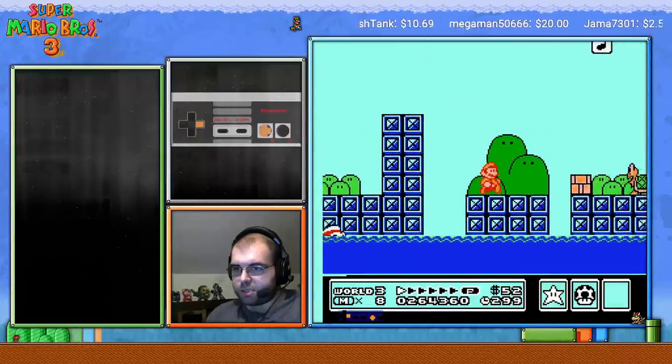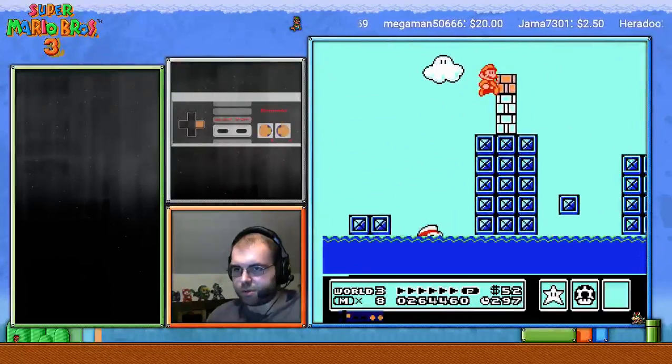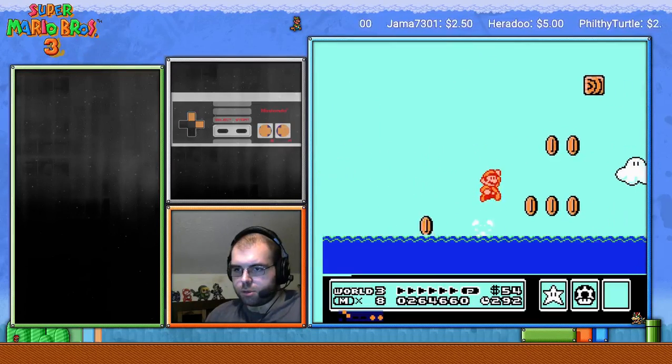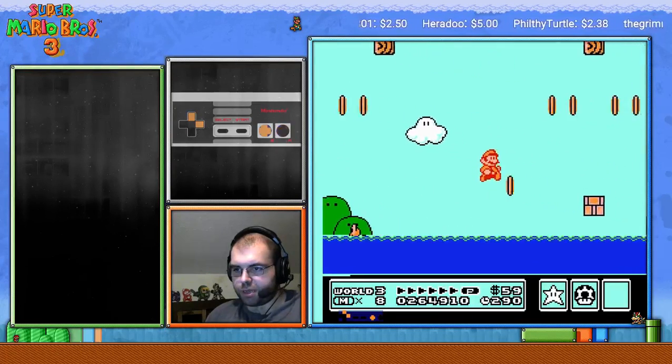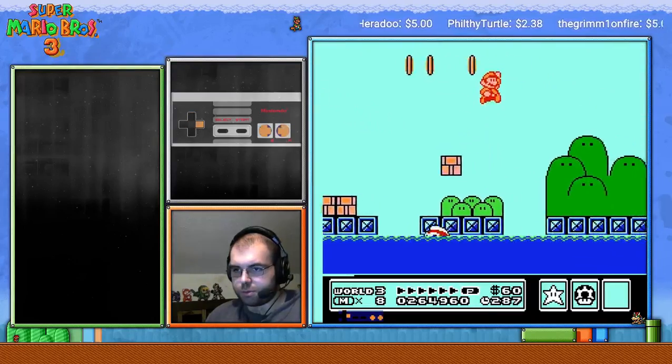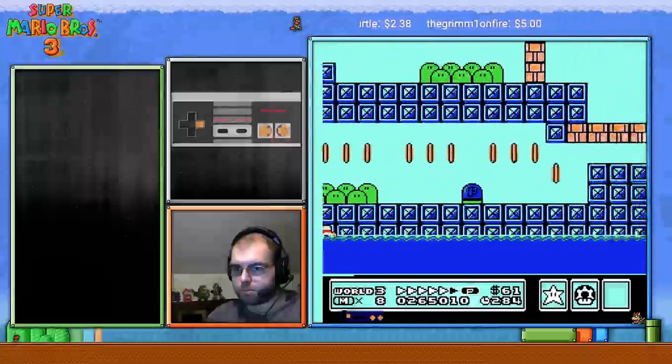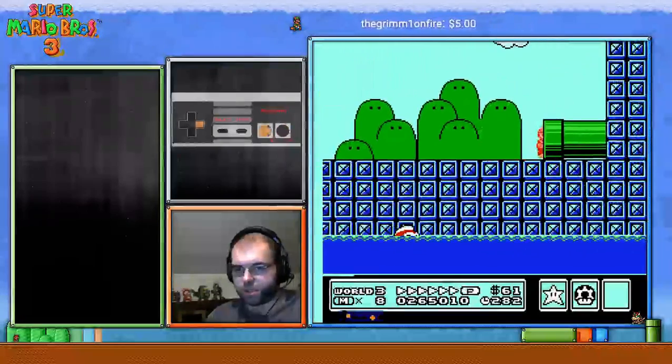And enter the stage. Bounce off the turtle. Jump up. Shoot Bertha. Shoot Bertha dead. Careful, she will respawn. About right there. I did that a little bit slow, but